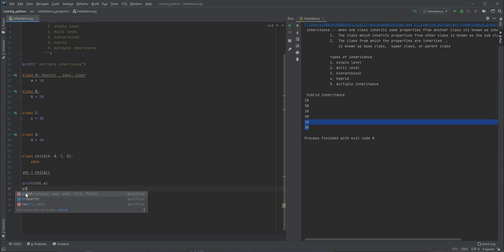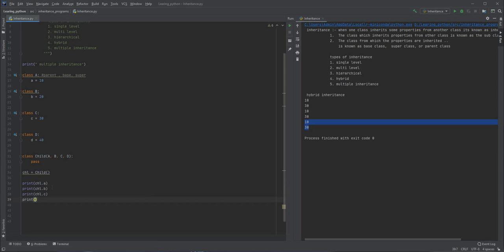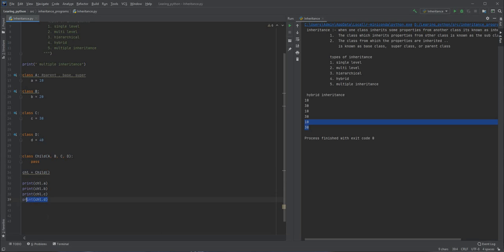Then using the same reference variable, I can access the value of small b, which is there in the B class. Now similarly, I'm going to print the value of small c from the C class, and using the same reference variable, I'm going to print the small d as well, which is present in the D class. This child class has inherited A, B, C, and D from all these parent classes.